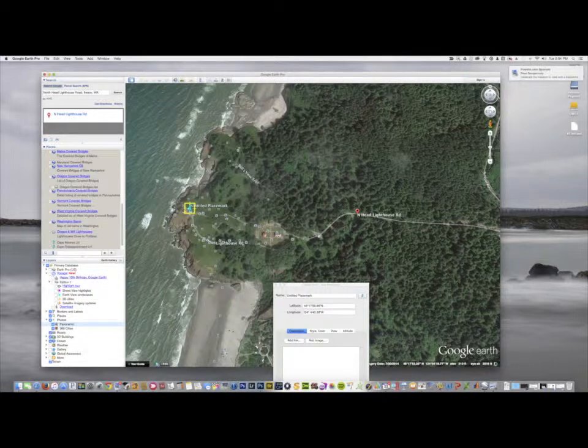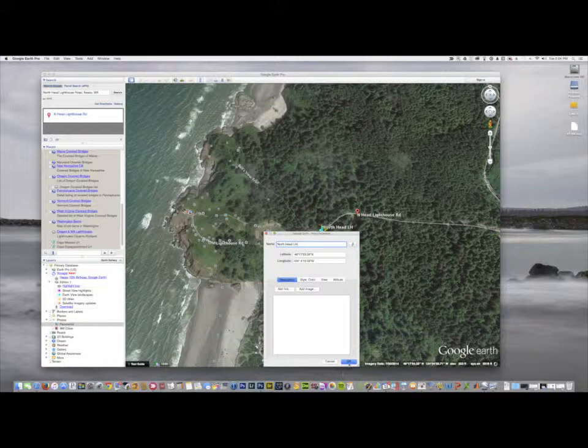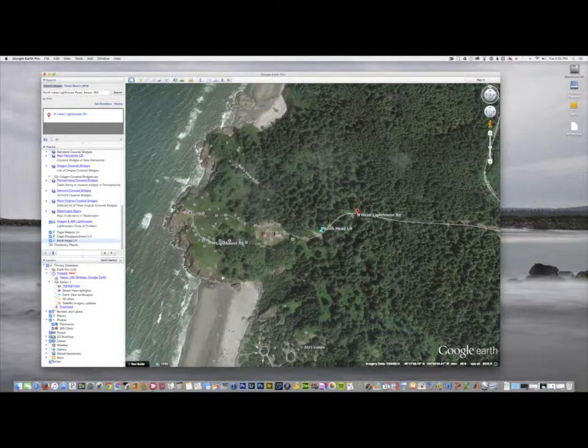But in this case, you may want to actually put it over to where the parking lot is. But anyway, we're gonna call this North Head. All right. Okay, so now